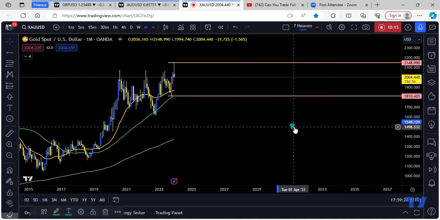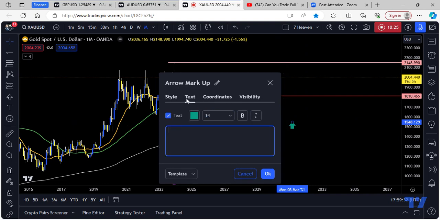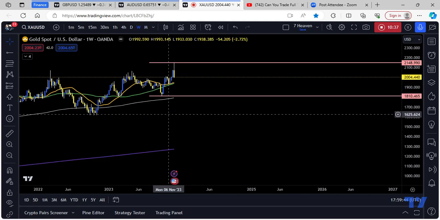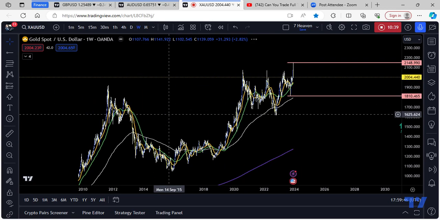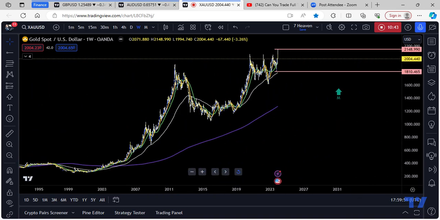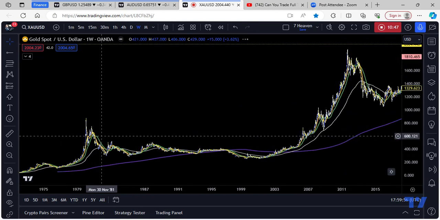So let's zoom back here and say up on the month right here, and I'll put M for month. Now go to the weekly time frame. And on the weekly time frame, we zoom out all the way out, until you can't zoom no more, you can't really go back, right?